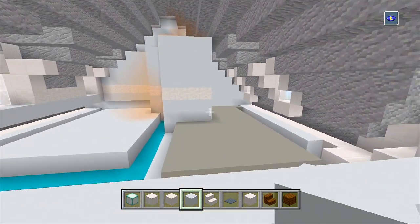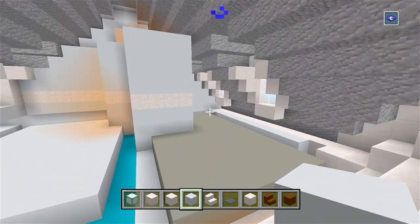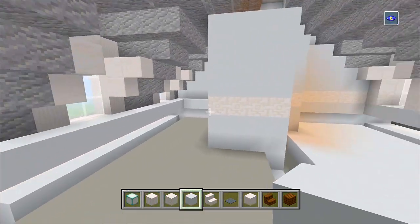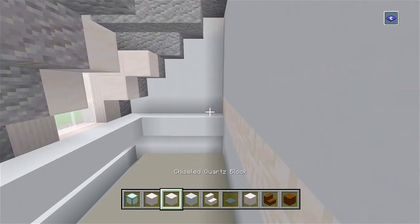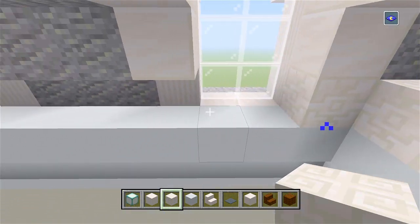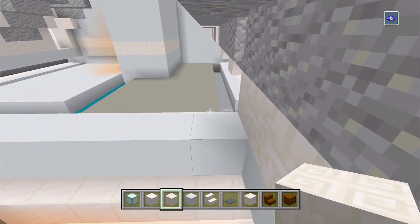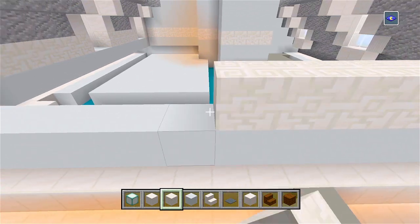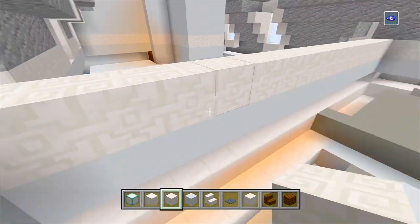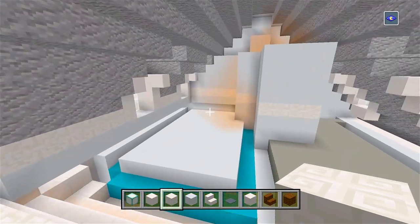I'll do it again. Actually, am I doing it again over there? I think so. Doing a similar design. Yeah. Alright, so now let's add a layer of chiseled quartz on top of this white concrete. And now before I add the rest of the white concrete on top of that chiseled quartz, let's go to